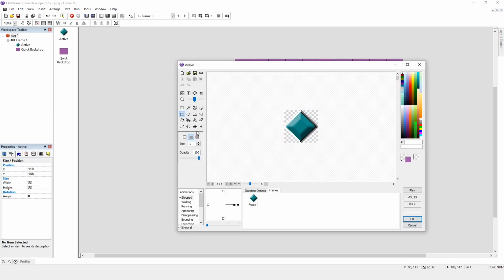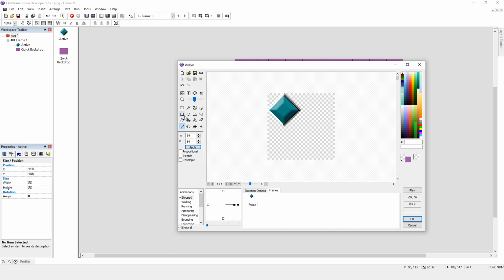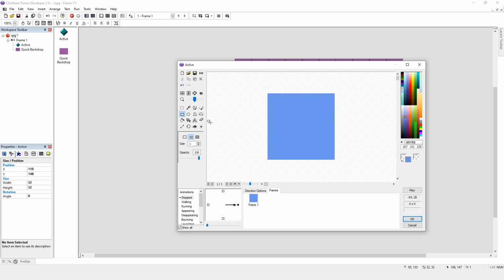Go change the size of it first, and you can do it within here, or you can do it on that panel there. I'm going to change it to 64 by 64 because that's the size of our grid. I'm just going to fill in the whole thing. I'm going to do it a different color that I can see next to the background color,